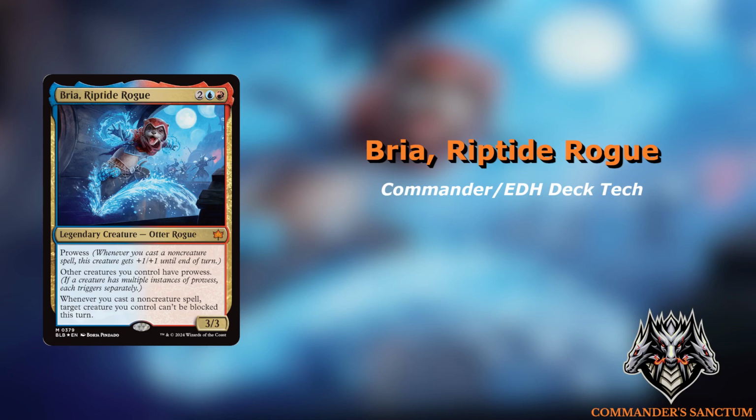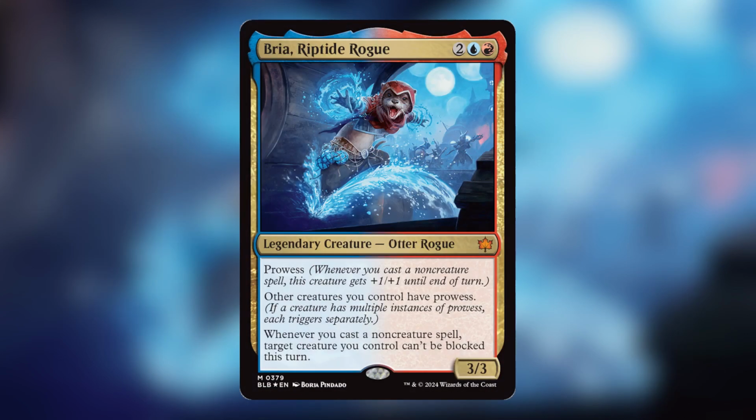the upcoming set Bloomburrow. Bria is a 3/3 otter rogue for 2 in red and blue that has prowess, gives other creatures you control prowess, and whenever you cast a non-creature spell, target creature you control can't be blocked this turn. When I saw the other creatures gain prowess and the unblockable ability on non-creature spellcasts, I thought of